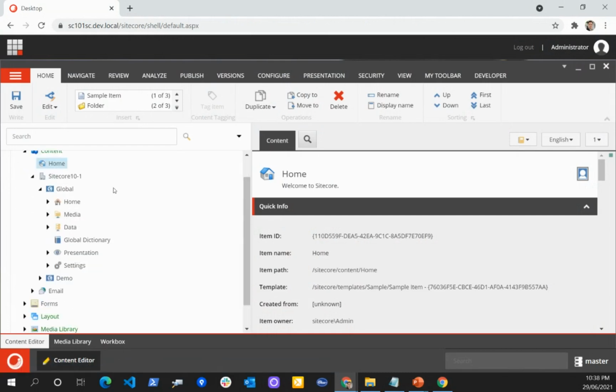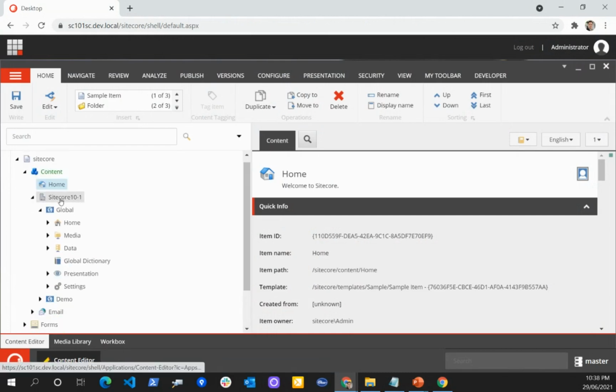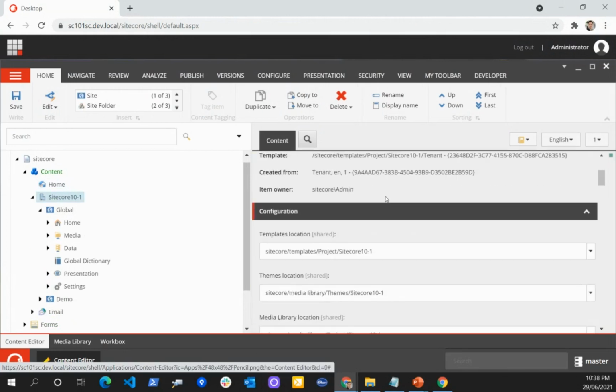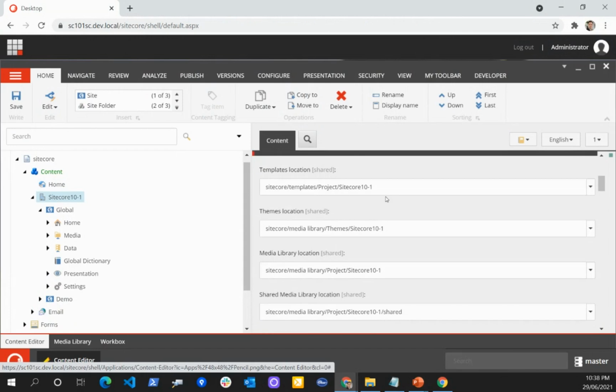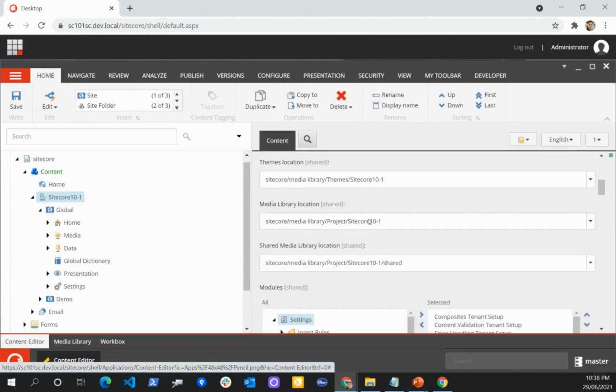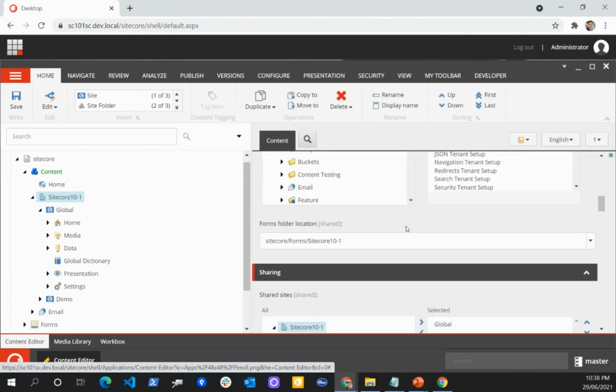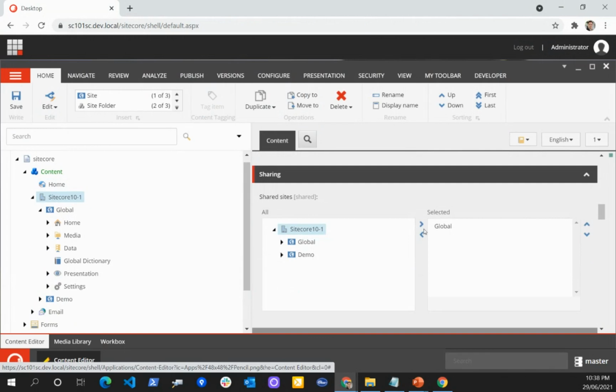When we configure this site from here on the tenant, it's very basic, and you need to define the location: what would be the theme, media library, and the shared media library, and these are the installed modules. So here you will define that this particular site will be shared across all the microsites or multiple sites.